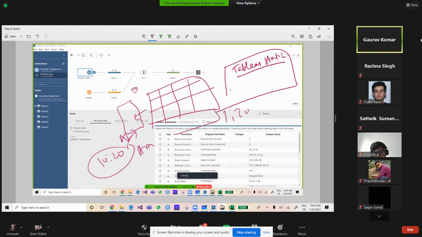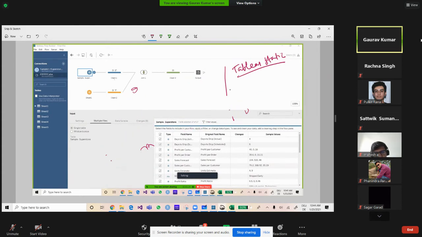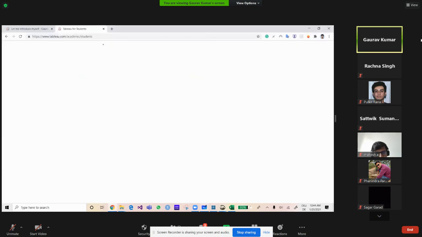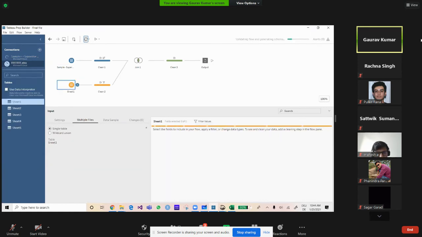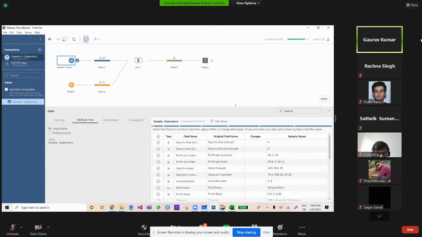For that reflection, you have to come here and just refresh. This is the refresh button. I will also show you how it refreshes. Just refresh here, and then the data which is generated at 11:20 will reflect in the output. So this is the main disadvantage of Tableau.